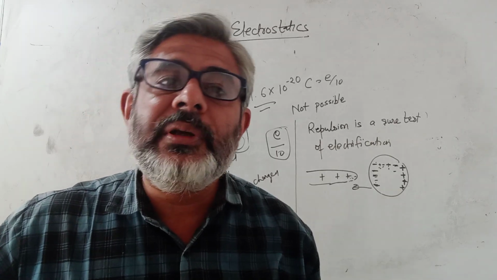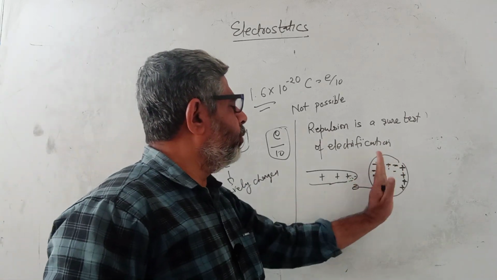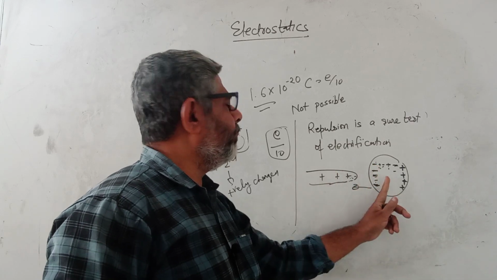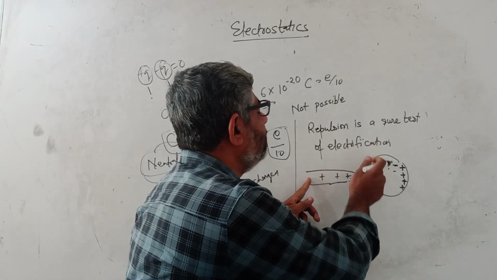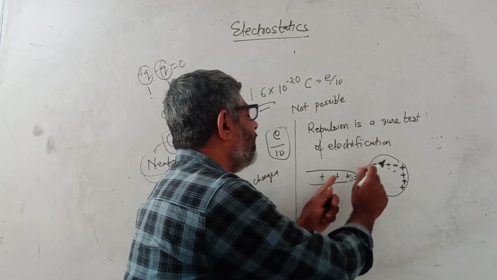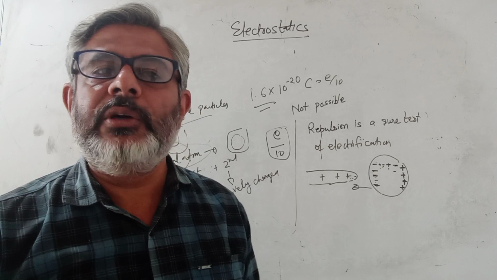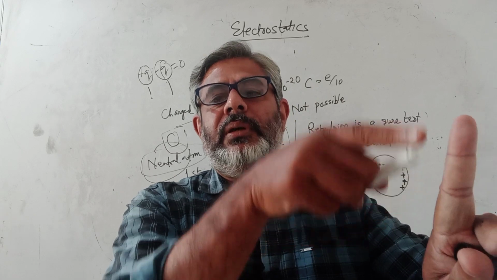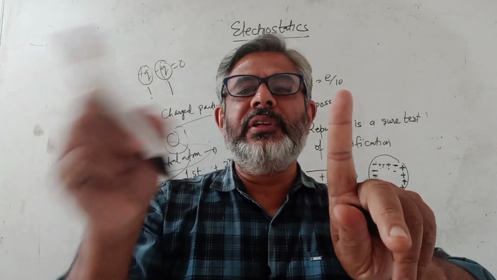Then you will ask me, sir, then it may happen in repulsion also. No. Because when there is an induction, always the opposite charge comes near. That is, if it is positive, then negative will come near to this. If it is negative, then positive will come near to this. It is never possible that positive charge may induce a positive charge near to this, because for repulsion, it should be positive near to positive or negative near to negative. Now you cannot induce the same charge near to this charge. Suppose this is positive, so you can never induce positive charge here. You will always induce negative charge.